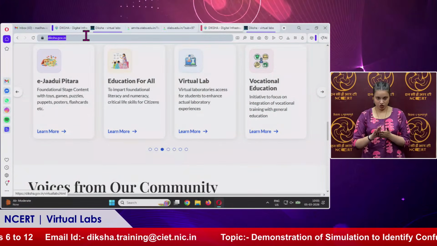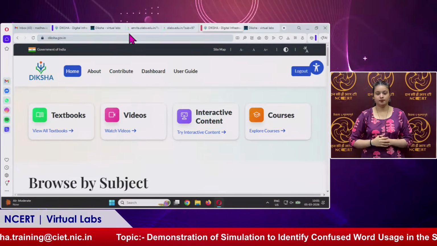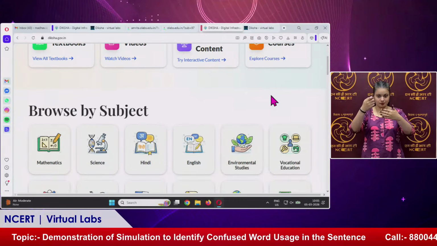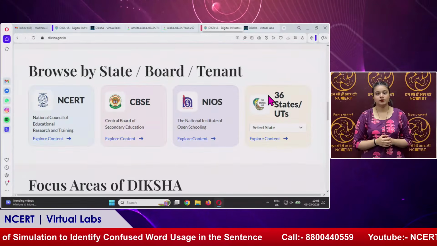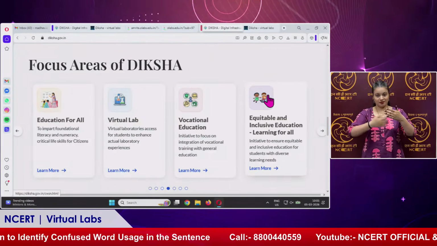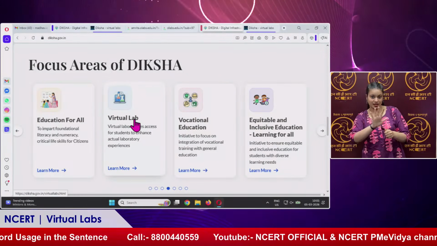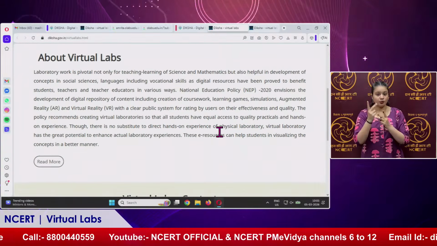diksha.gov.in is what you have to type. Let's do that. diksha.gov.in, and here you get a web page like this. So we go down, and here there is something called the focus areas of Diksha. Within that you click on virtual labs and you get something like this,